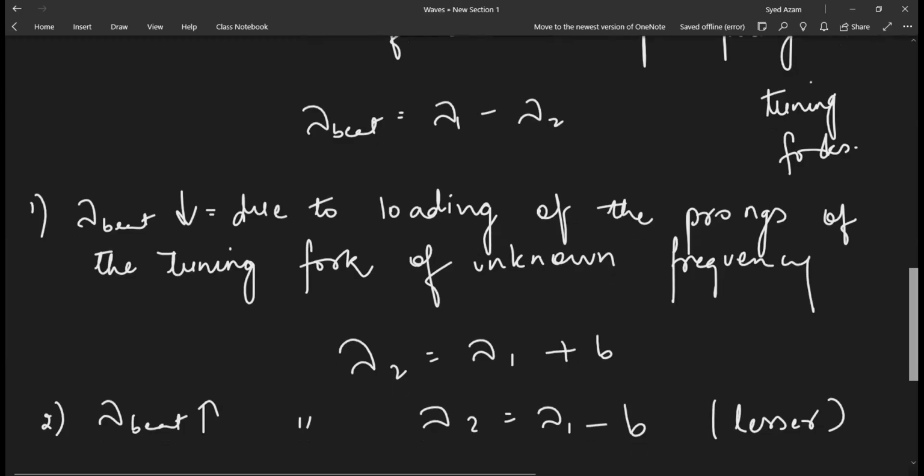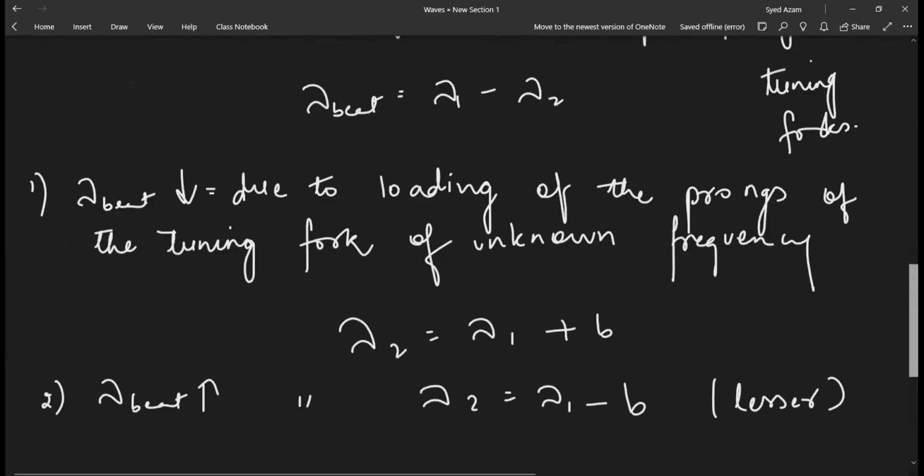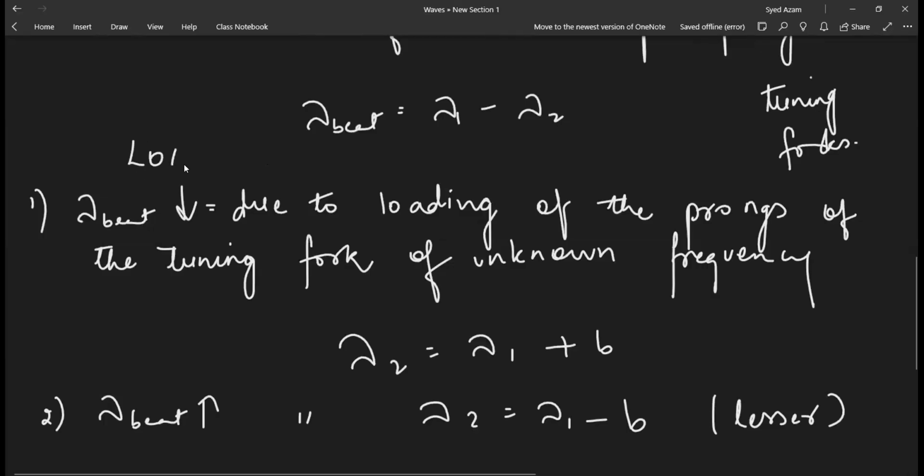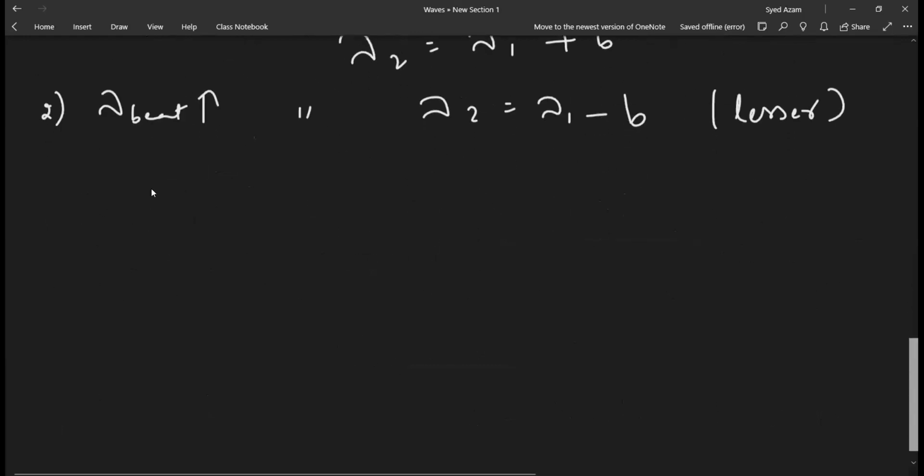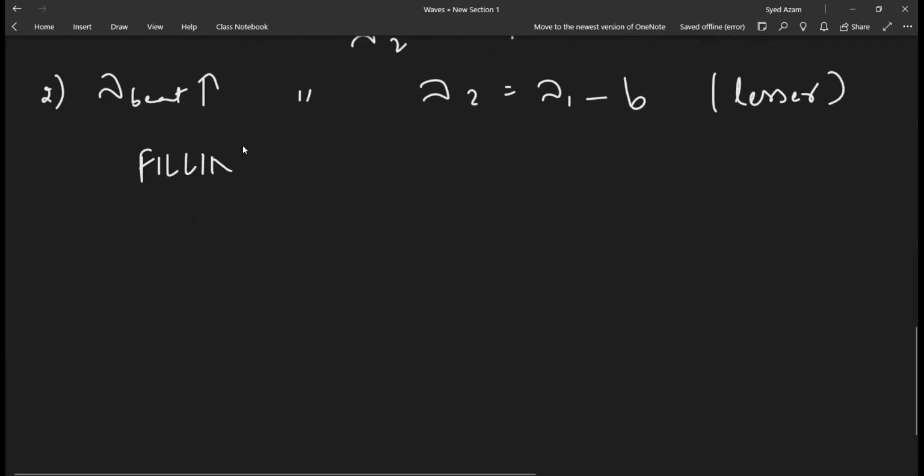Second, one more thing, there is the filling method. This is the loading. This one was the loading. Next is filling. Now in filling, filling means you have filled the prong of the second tuning fork with something. So what happens? Frequency increases. So if the frequency increases, you have to note whether the number of beats reduced first. If on filling the prong of the second one, beat frequency decreases,